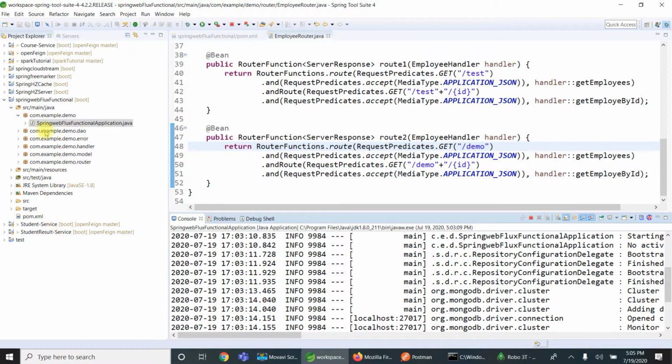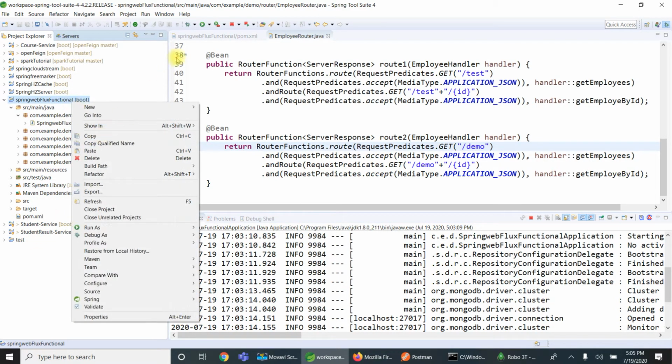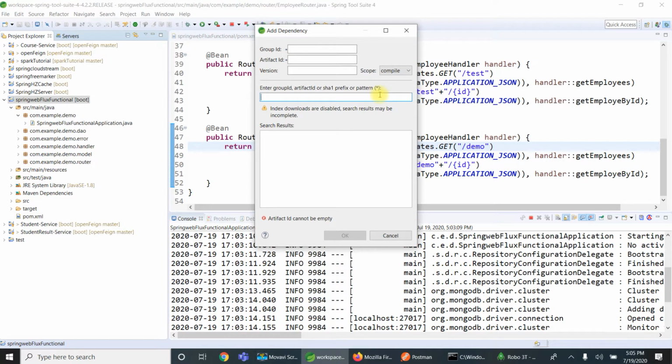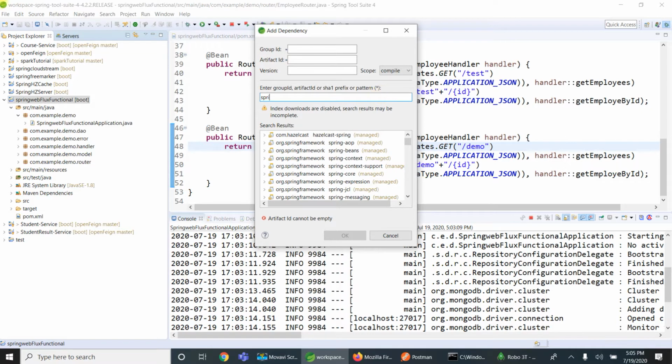To add security, I have to add Spring Security dependencies to my pom.xml. So let's add the dependencies. Maven add dependencies. Spring Security core, Spring Security config and web dependencies we are going to add. Spring-security-core.